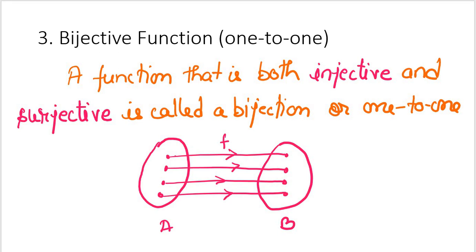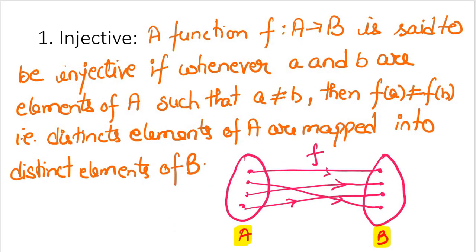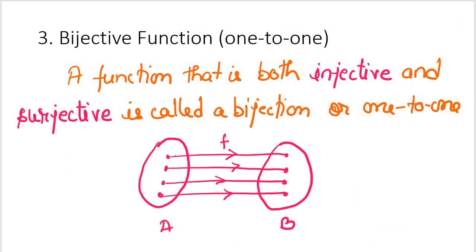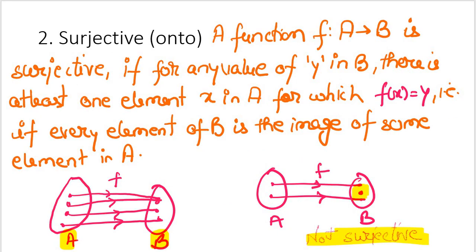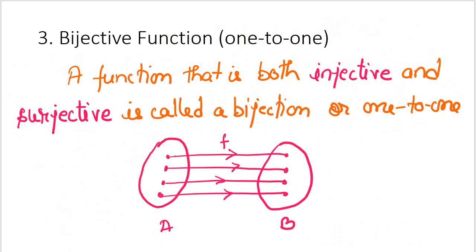Now looking at this particular diagram, you may say that this bijective is almost equivalent to your injective, but no, there is a difference, because your injective function need not attain all elements in the codomain, but it can, right? So a bijective function must attain all. That means all elements of the codomain must be mapped, right? So there is a very small difference between these two things, and in fact you can also see the difference between your injective, surjective, and even.